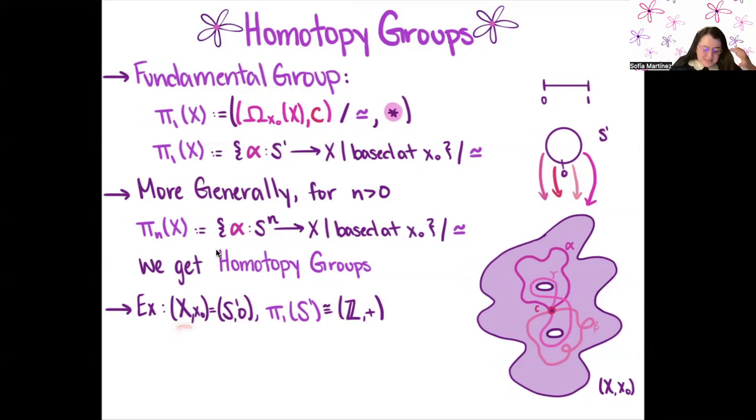So what happens when we study X equal to the circle, with its base point just being 0? Well, it turns out that's the integers with the group operation addition. It's very simple, and there's a really beautiful proof, but the idea is